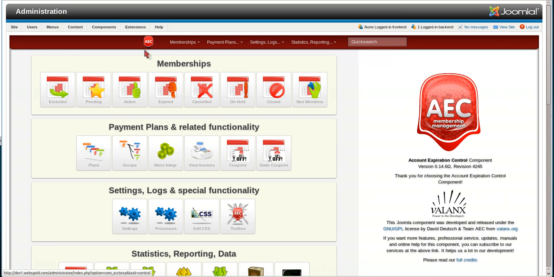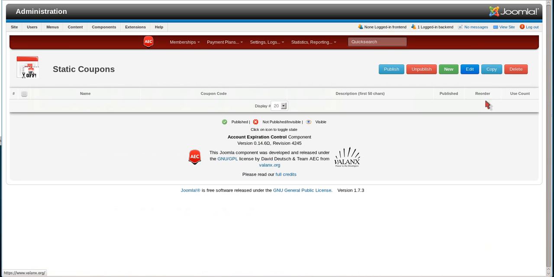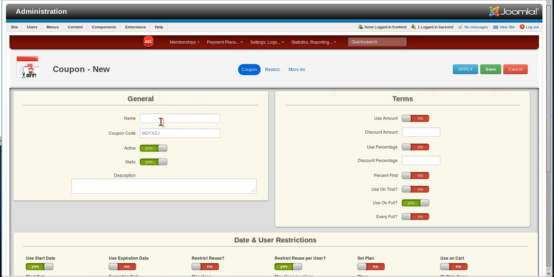The next icon in this is coupon and static coupons. They are very, very similar, but we'll be covering those both in depth in another video. But we'll just take a look at static coupons for right now. And basically what you do is you hit new, and then you can create an actual coupon itself. We'll call this test coupon. You can give it any name that you want here. AEC automatically generates a random code, but remember, no spaces, no special characters, and it is case sensitive. We'll just call this one test